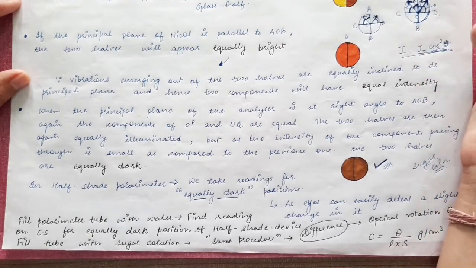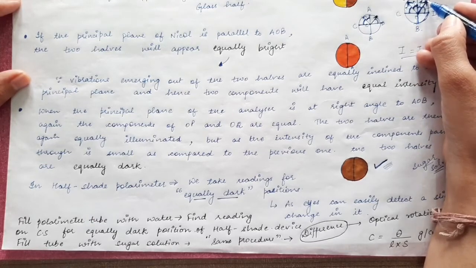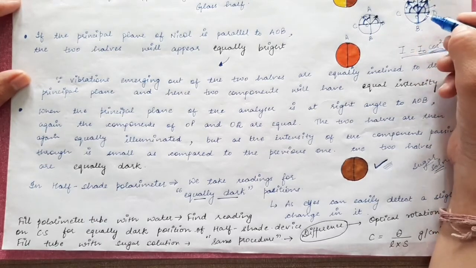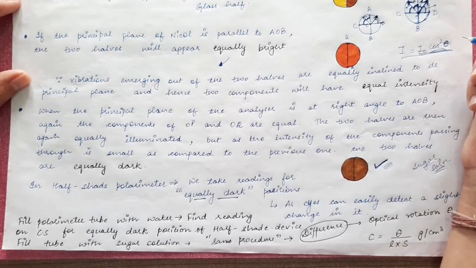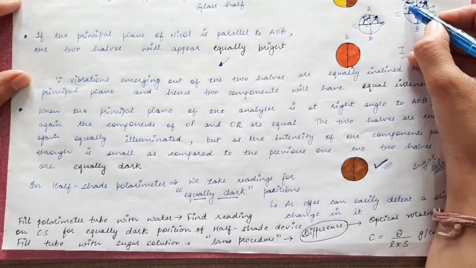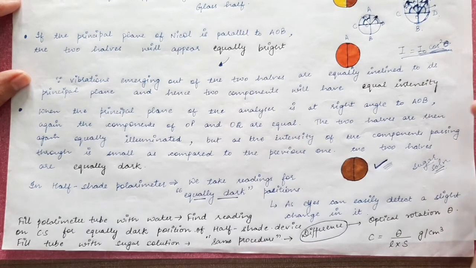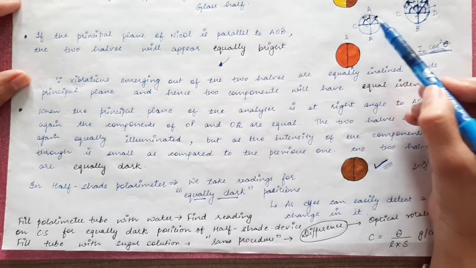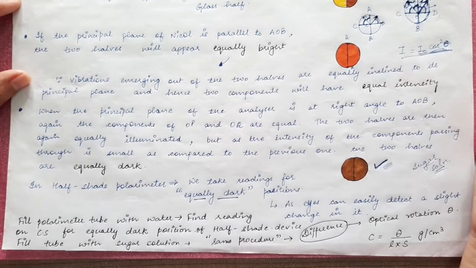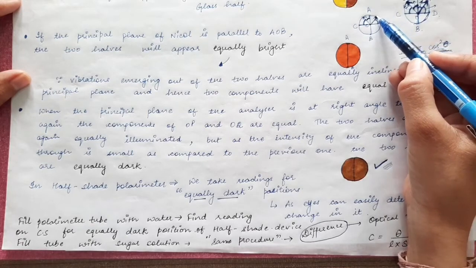So we are just supposing that the vibration OP is rotated in this direction when the light passes through the optically active substance, or the sugar solution in this case. A similar angle of rotation will be in OQ. So OQ will also rotate in this direction by the same amount of angle. So when these two vibrations pass through the sugar solution, the light which comes out of the glass tube will have the vibrations of electric field rotated by a certain angle.